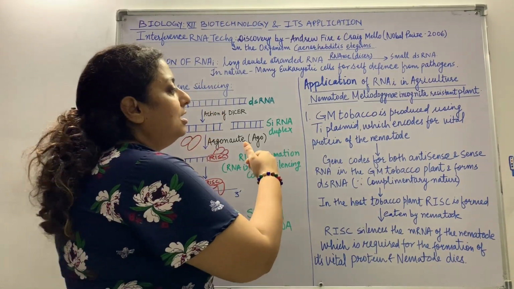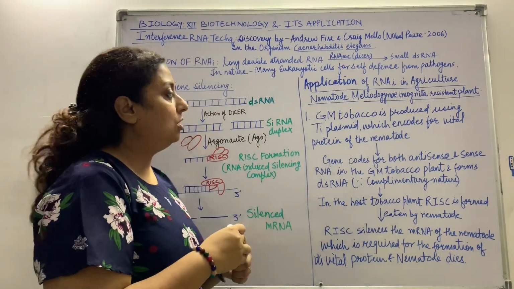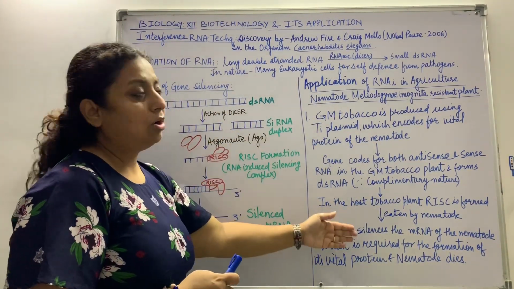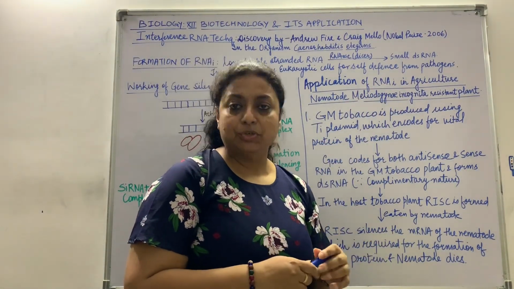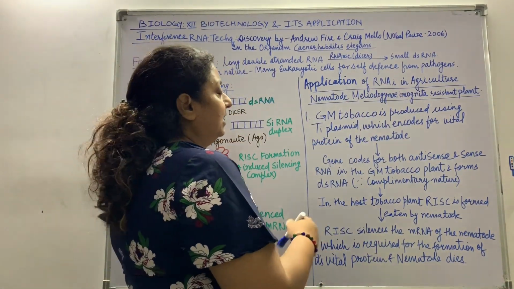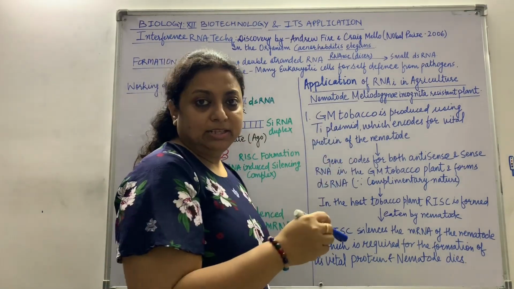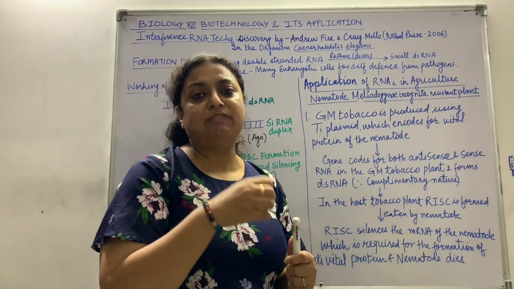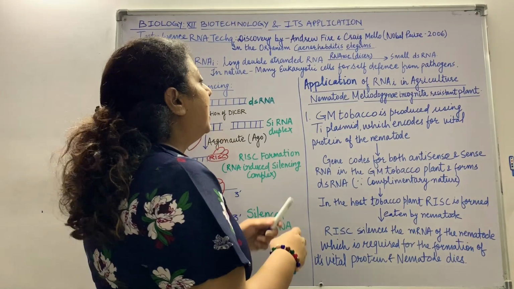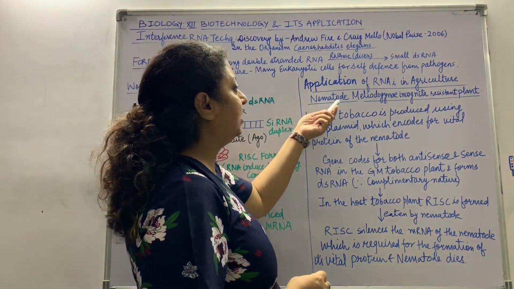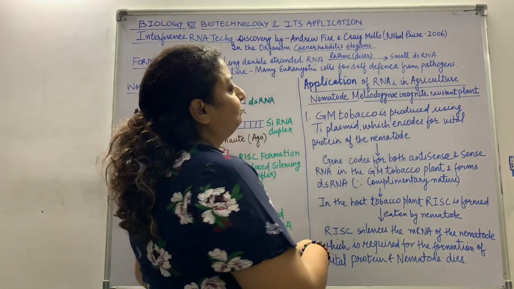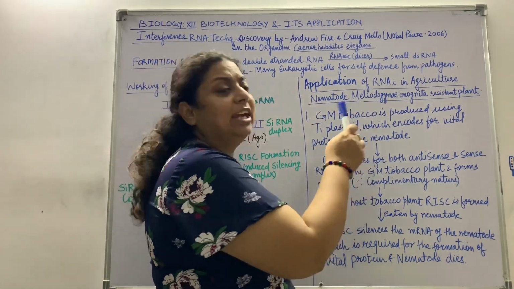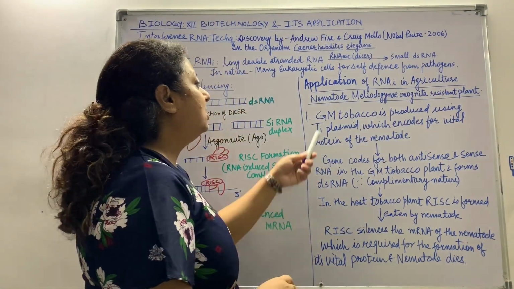So now how is this applicable to biotechnology? Let's see in this side of the column, where the application of RNAi in agriculture has been utilized. What happens is, in this we are targeting helminths which are present in the soil and infect the tobacco plant, and now we have a nematode resistant plant. The name of this nematode is Meloidogyne incognita, right? And what are the steps?